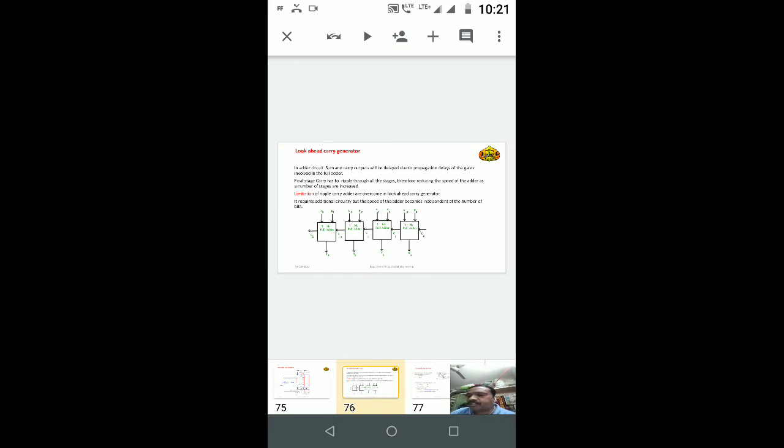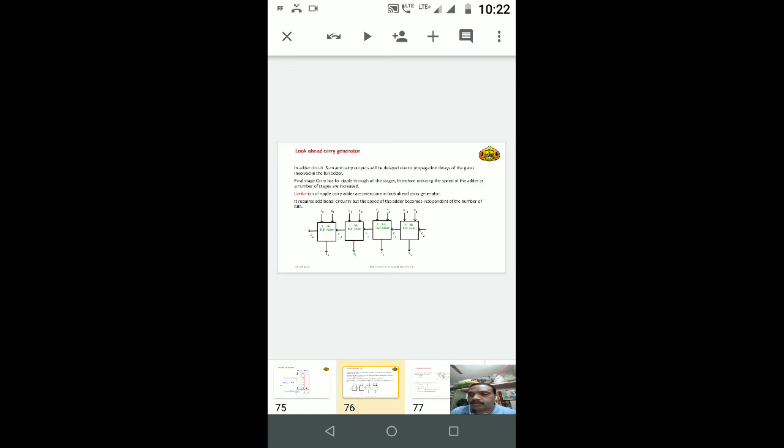We also saw the different digital circuits which are used in a digital system. First is the half adder. In this half adder there are two inputs and two outputs. The outputs are sum and carry. But we saw the drawback of this half adder: in the half adder you just add only 2 bits, you don't consider the carry. So if you want to consider the carry, then you go to the full adder circuit.